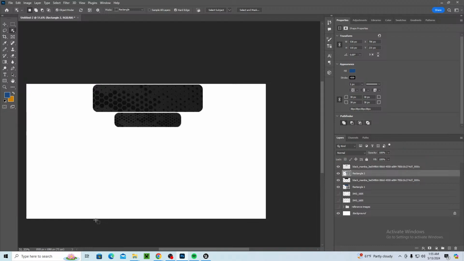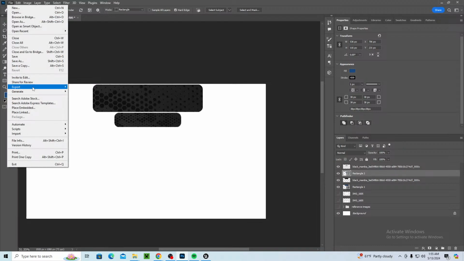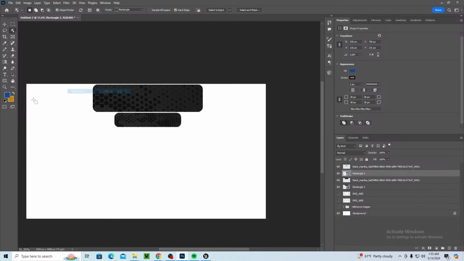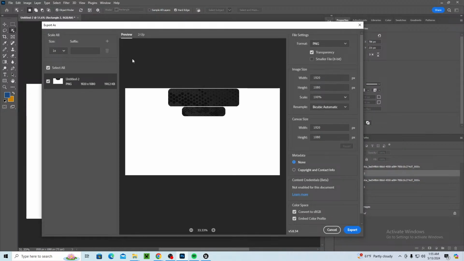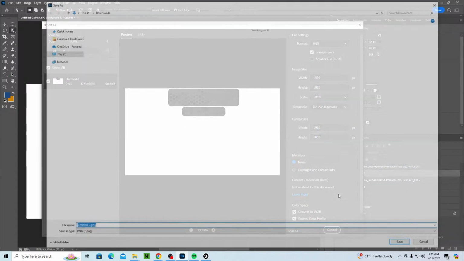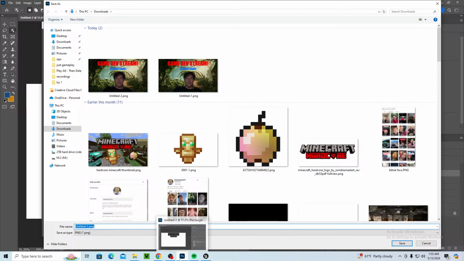And then we'll add the UI element on it later. So file, export as, there it is. PNG, blah blah blah. It doesn't really have a name. I'm just going to click export, and UI element 1,